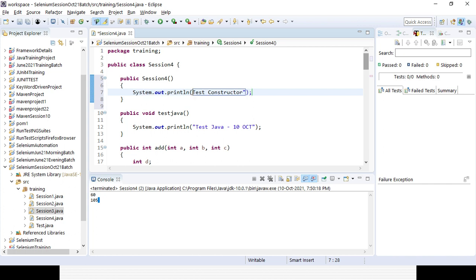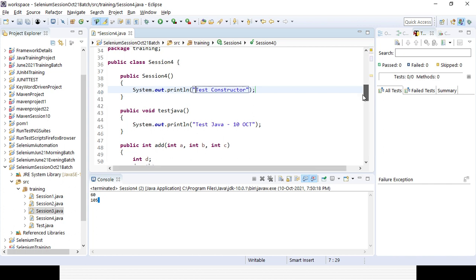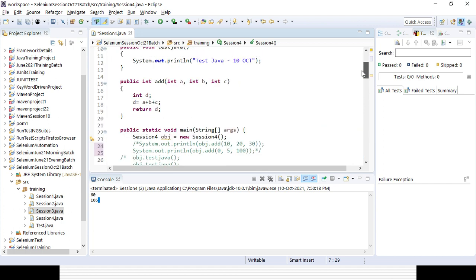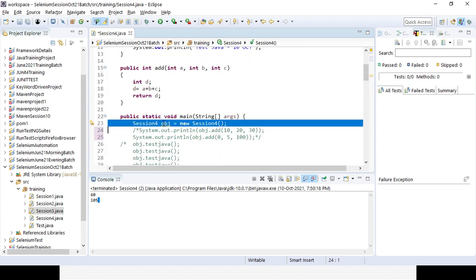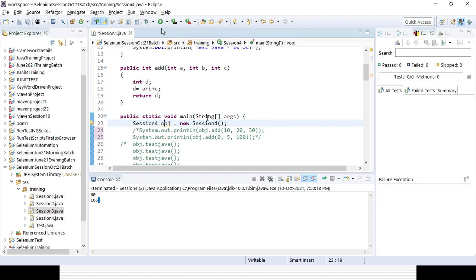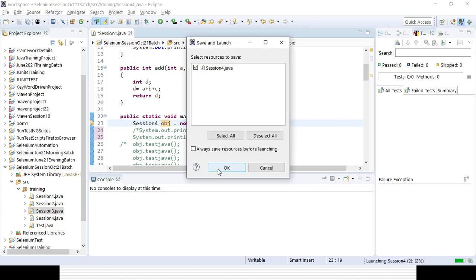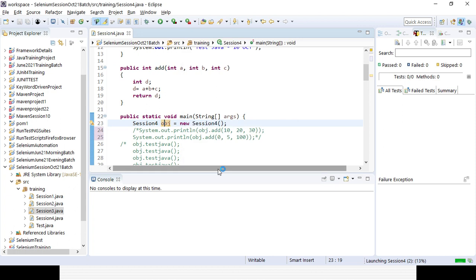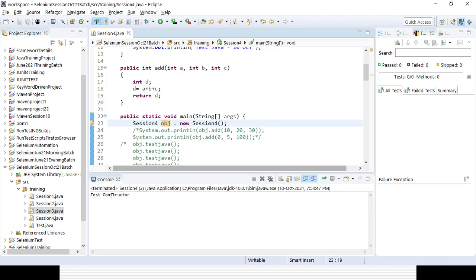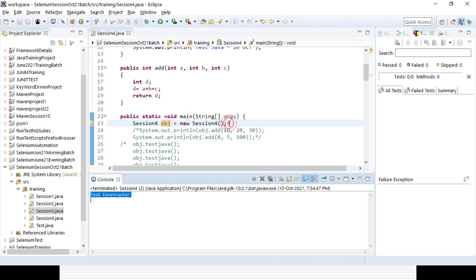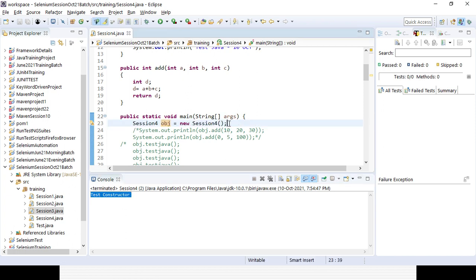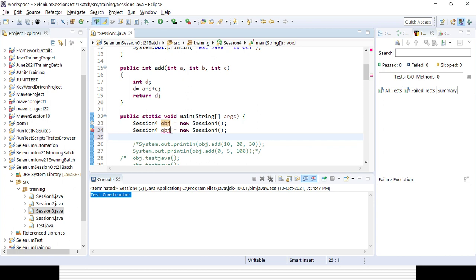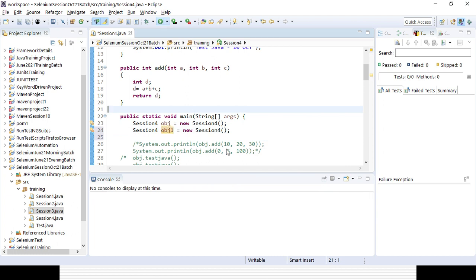Then what happens? Here I will just create an object or instance. You can see I have created an object or instance. If you run the code, what will happen? It will run the constructor. As and when you create any object or instance, it will run the constructor. That is the beauty of the constructor. Next, create another object, object 1, and again the same constructor will be called. You can see there is no need to use any method or variable. Automatically, whatever constructor you created is called directly with the help of the new keyword.